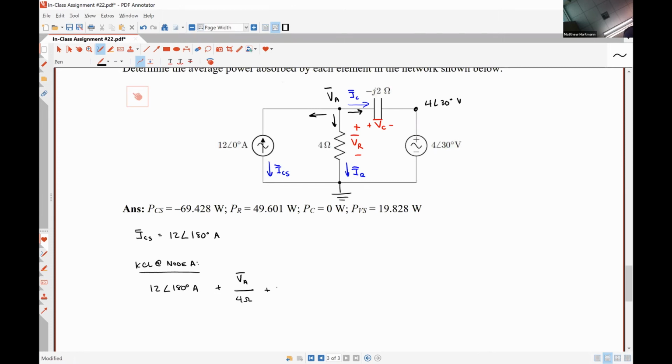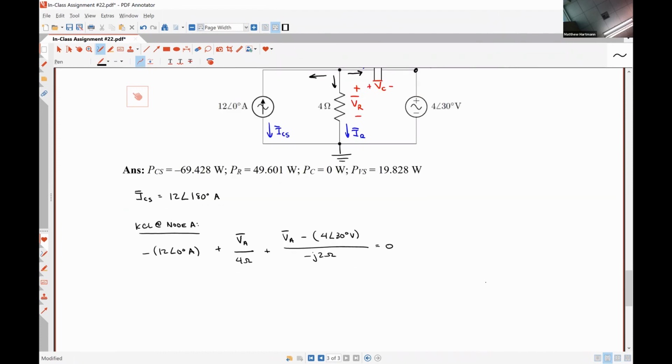And for my current directed to the right, I'm going to have (VA minus 4 angle 30 degrees volts) divided by minus j2 ohms is equal to 0. And actually, now that I'm thinking about it, it might be a little bit easier to express this as negative 12 angle 0 degrees amps because when we move the constants to the other side of the equal sign, which will be our next step,